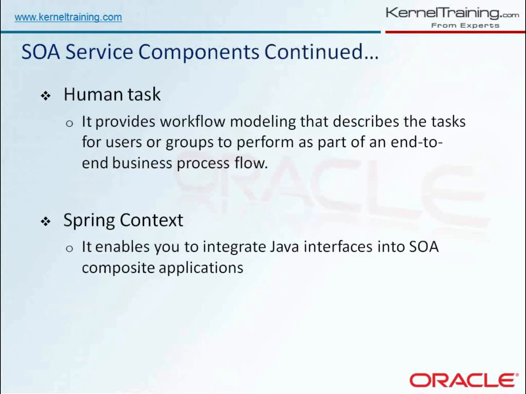Other thing is human tasks. There are some applications where we need to wait for a human to give an input. For example, you are doing some registration task, and in between you want to ask users whether they want to do this, or whether they want to fill in these details. There the human intervention will come. Due to this human task activity, we can include the human intervention into our business flow.